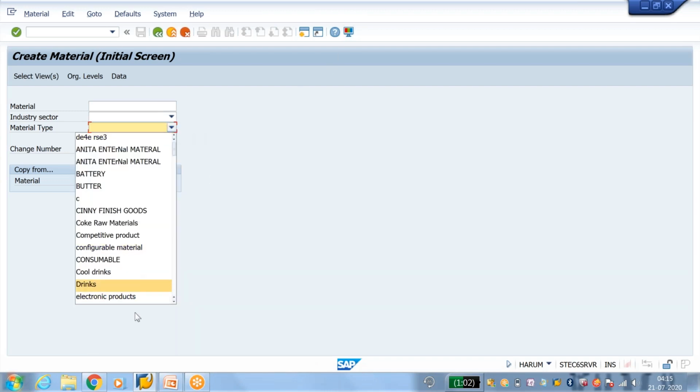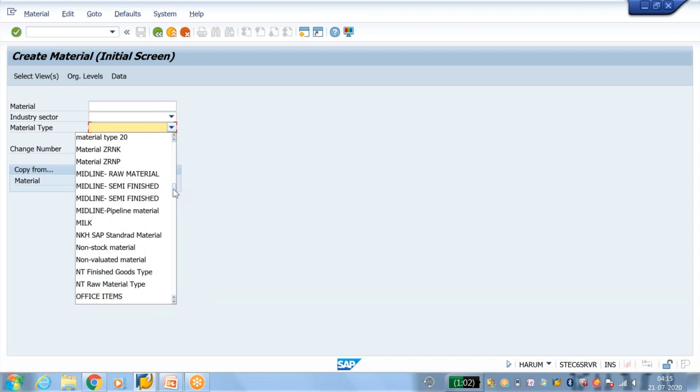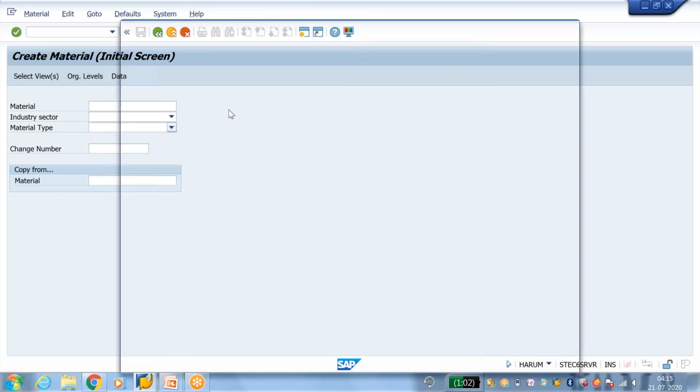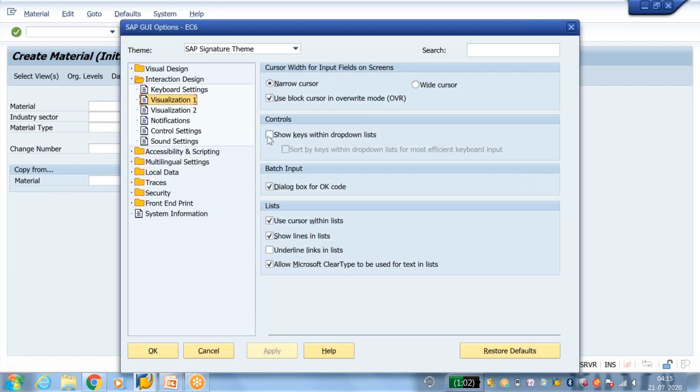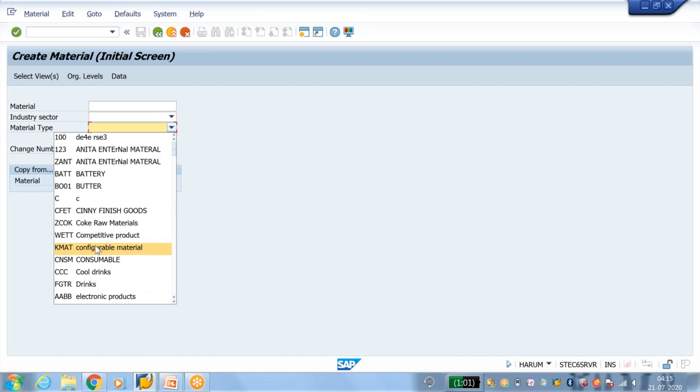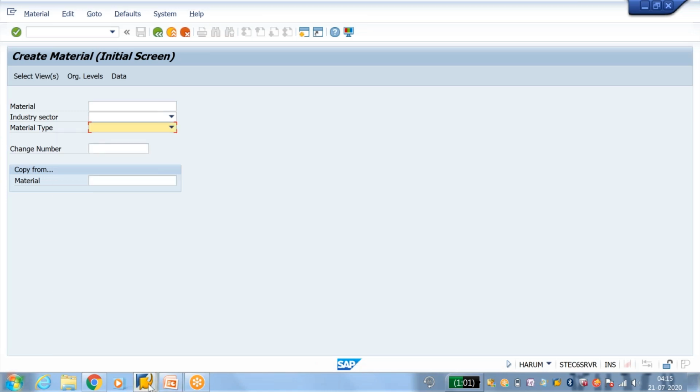Now it is not showing the material type code, only the description. So where is the control? Go to options, then visualization 1, then you have to select show key with drop down list. Save. Now you are able to see the description as well as the code.